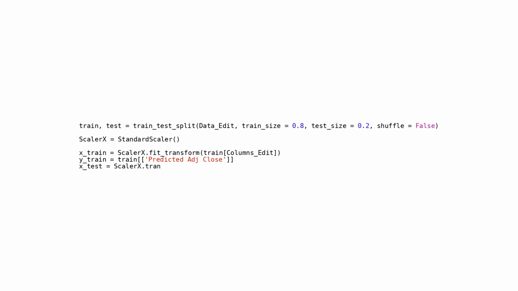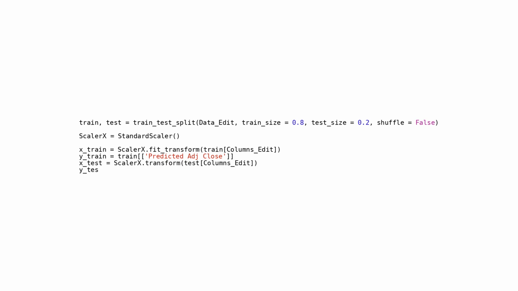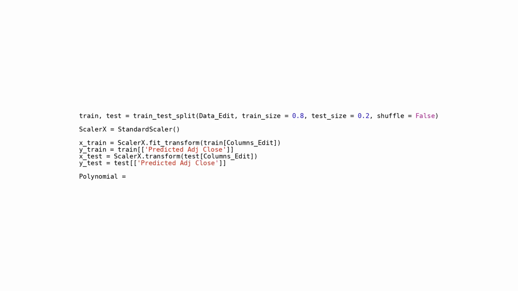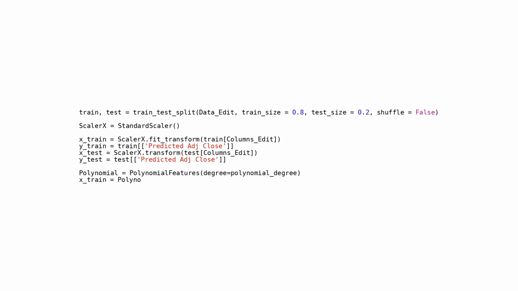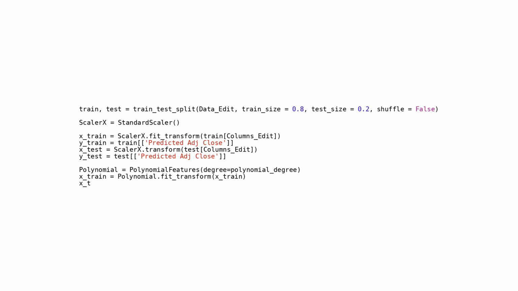4. Chooses the target variable predicted at close for both the training and testing sets, assigning them to YTrain and YTest. 5. Applies polynomial feature transformation to the training and testing sets using PolynomialFeatures from scikit-learn, employing this specified polynomial degree. This action generates polynomial features based on the original features to capture potential nonlinear relationships between features and the target